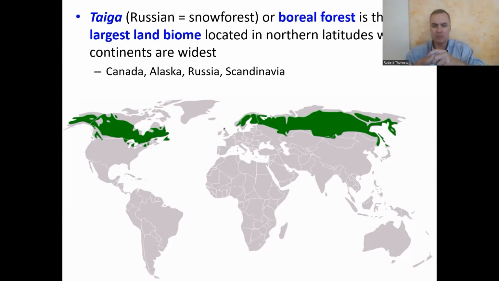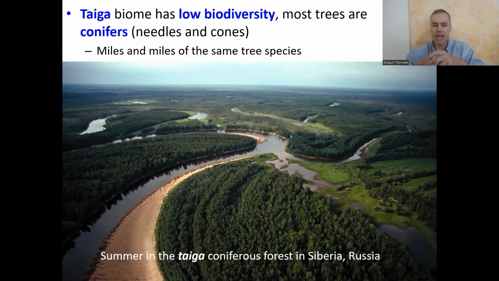So you can see on the map, this is extremely wide, and yet it only is found in a handful of countries. The big three: Canada, Russia, the United States are up there. But then also in Scandinavia, so you have Norway, Sweden, and Finland, and little teeny bits at the top of Scotland, you can see, and little teeny bits at the top of Japan. So even though the taiga is a massive biome, it's low in biodiversity.